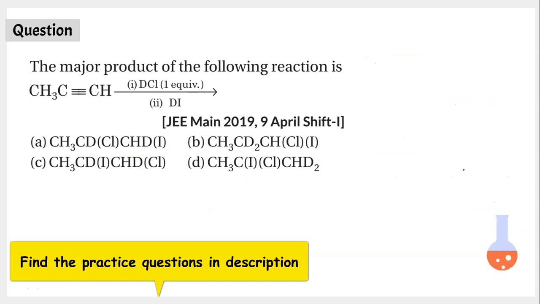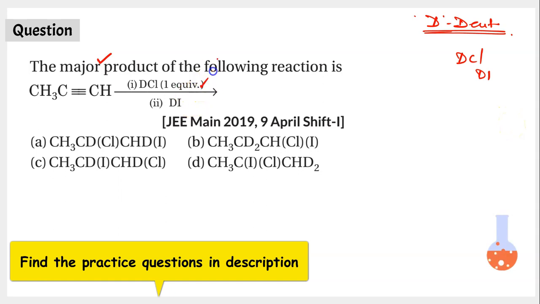The next question is a chemical reaction that you see here. You have to write the major product of this chemical reaction, and as you already see, there are two steps in this reaction. Step 1 is reaction with DCl. Step 2 is reaction with DI. Since we are talking about these molecules, let me remind you that D is nothing but deuterium, which is an isotope of hydrogen. Deuterium also has the same number of electrons as protium, and hence their reactivities are close by. So DCl is analogous to HCl and DI is analogous to HI, hydrogen iodide, all right?